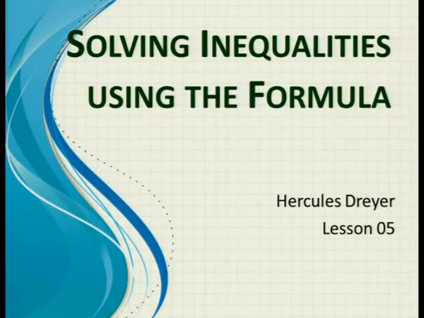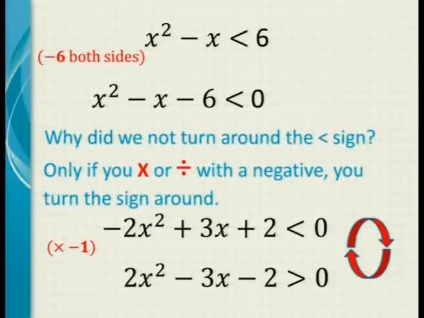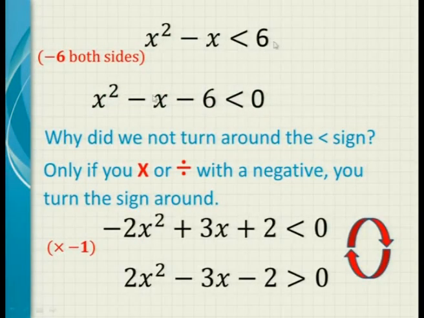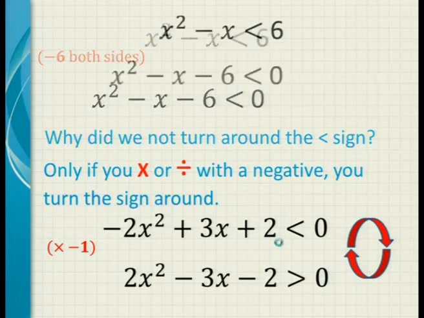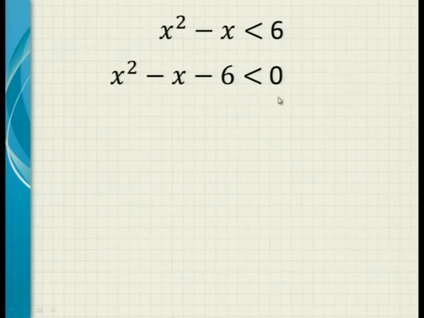In the previous lessons, we looked at the standard way to write the formula, we looked at substituting, and we looked at solving for x. What we're going to do now is focus a little on inequalities. In the last lesson, we ended by looking at this inequality, and we minus 6 on both sides, and I told you when to turn the sign around, and eventually we ended here in the standard form with the less than sign, less than 0.